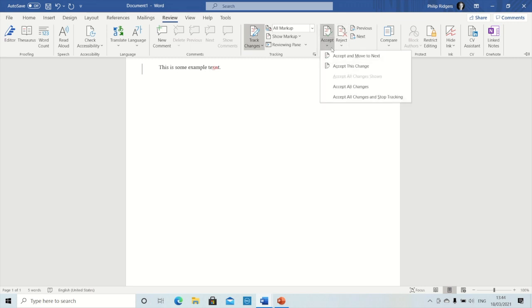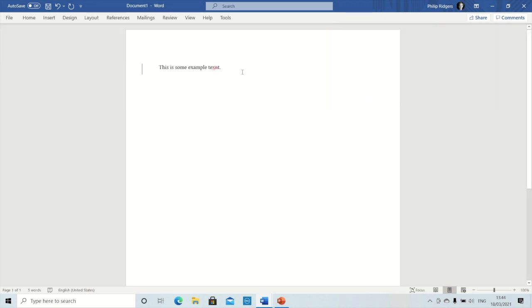There's also drop-down menus here. You can accept all changes if you really trust the proofreader, or reject them as well. You can also do accept and move to next. Looking at it in this way, it's really clear for a small amount of text like this, but it can